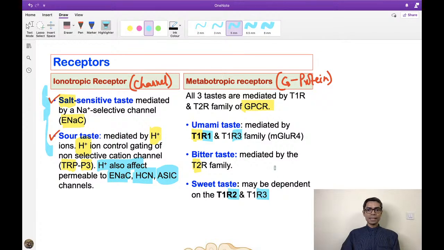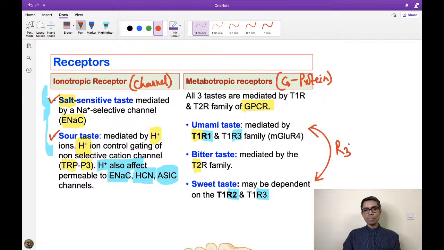So I can say that T1R3 is the co-receptor for both of them. T1R3 is common for both umami and sweet sensation. But sweet is particularly detected by T1R2, and umami is particularly detected by T1R1 family of G protein coupled